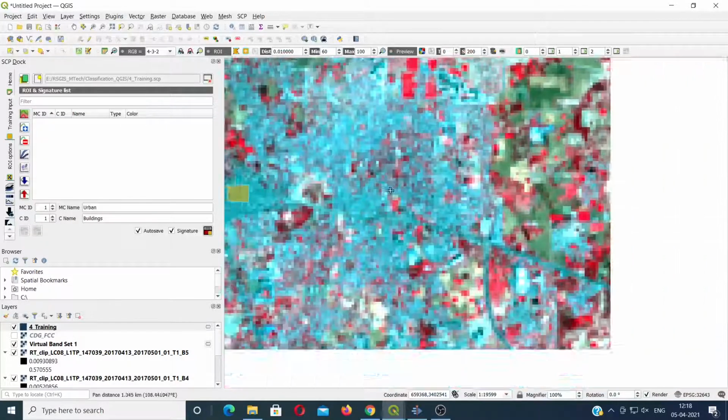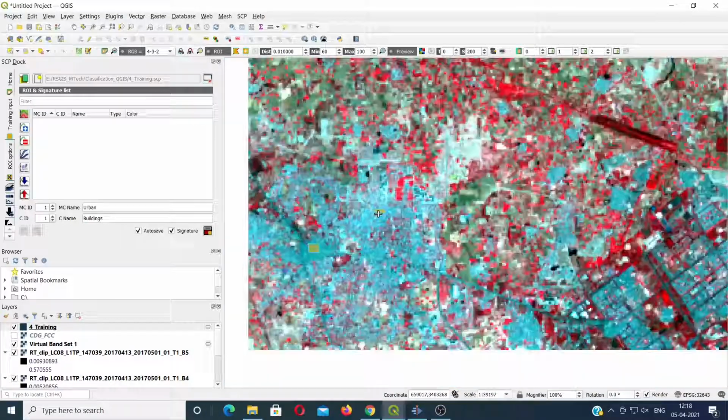One more signature here I'll just take for this. Here it is somewhat like mixed building, so one more signature I'll collect here. And close to the second signature where I had taken, I will take one more signature.